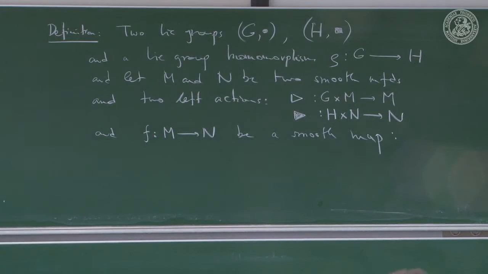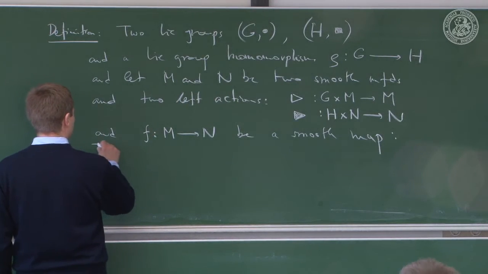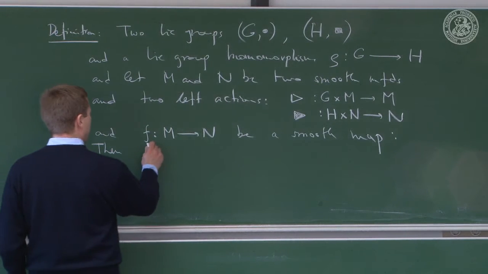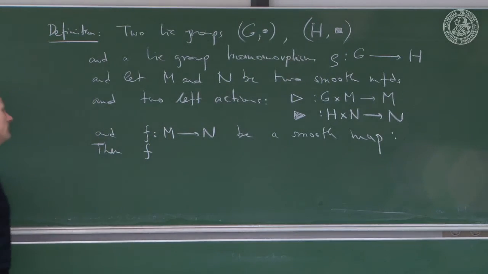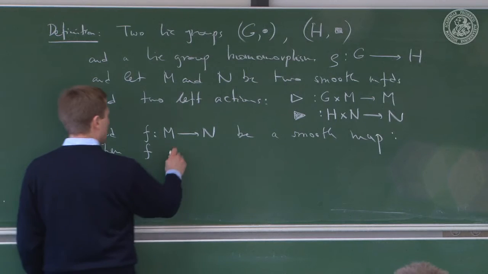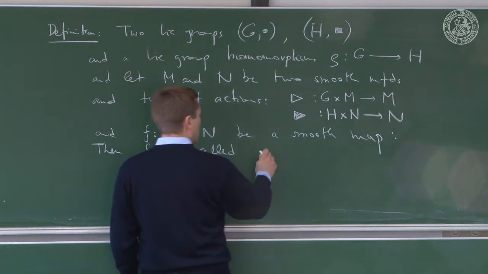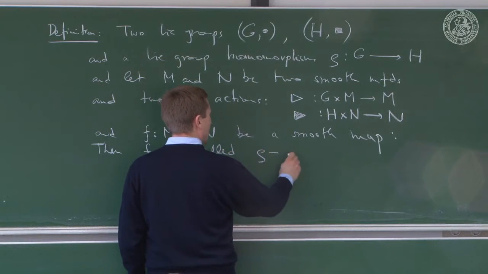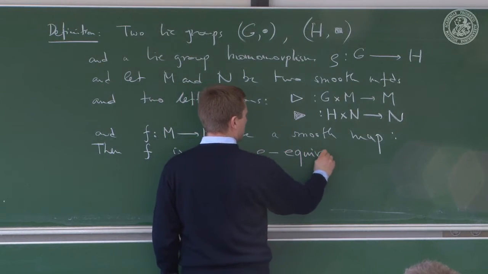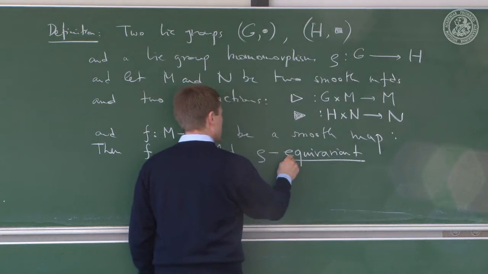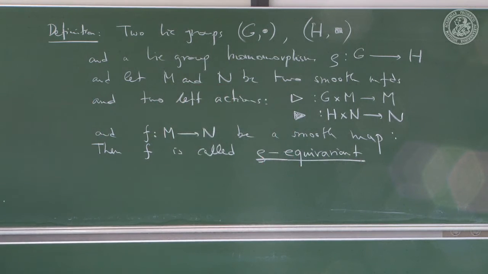If you have all of that, then F, the map F that takes you from one manifold to the other, is called rho equivariant. Rho equivariant if